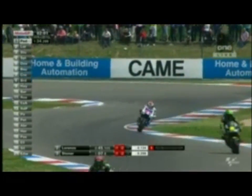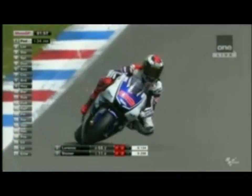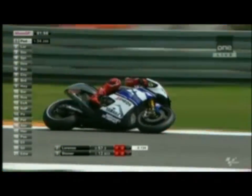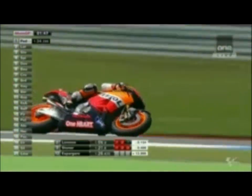But Lorenzo's weaker in the third and fourth splits, whereas Stoner seems to get stronger in that third split. It'll be interesting to see Stoner as he comes through. He's nearly half a second up through the third split now. He is on a mission here, Casey Stoner. Wow. Oh, we're going to miss him, aren't we? We're going to miss him, just because he can produce something out of nothing. Into the chicane then for the world champion. Lorenzo's picked up even more time through that third split, but Stoner goes through, goes top,